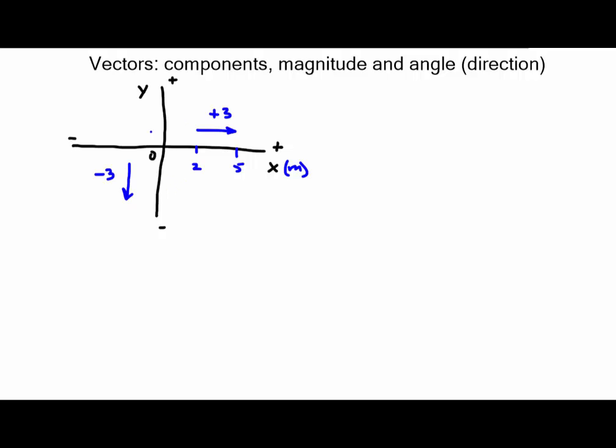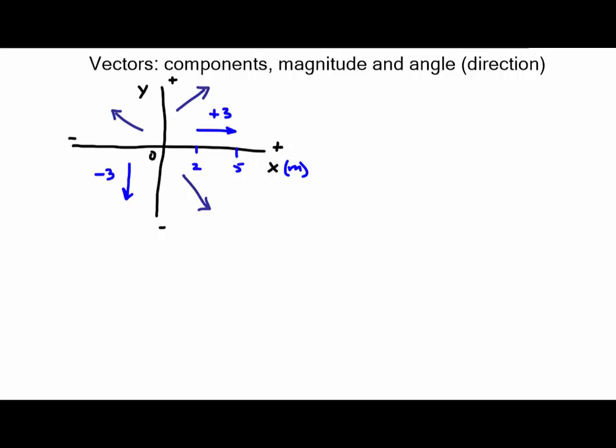But what if the vector is not neatly lined up along one of these axes? What if it looks like this or that or that? For these vectors, the length of the arrow is still their magnitude, so that part still holds. But how do we specify their direction? We can't say positive or negative. So for example, this vector is moving in the positive direction along the y-axis, but moving in the negative direction along the x-axis. So these are the vectors we're going to discuss now as to how we specify their magnitude